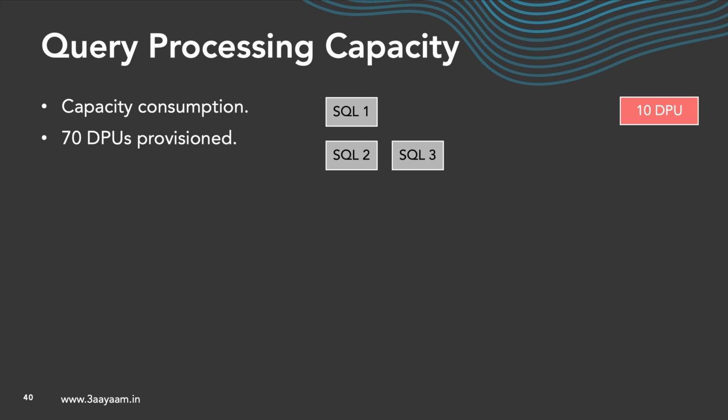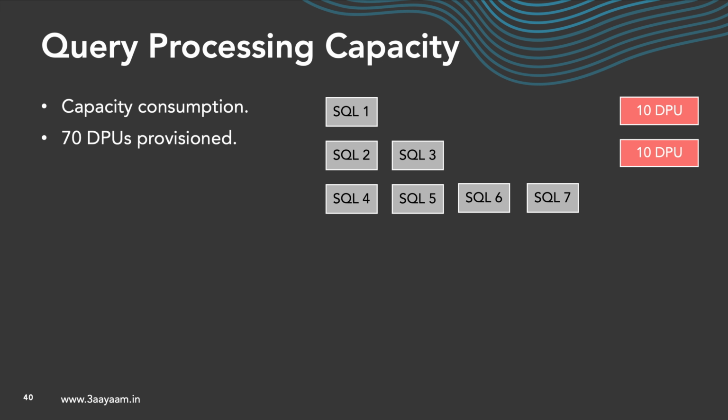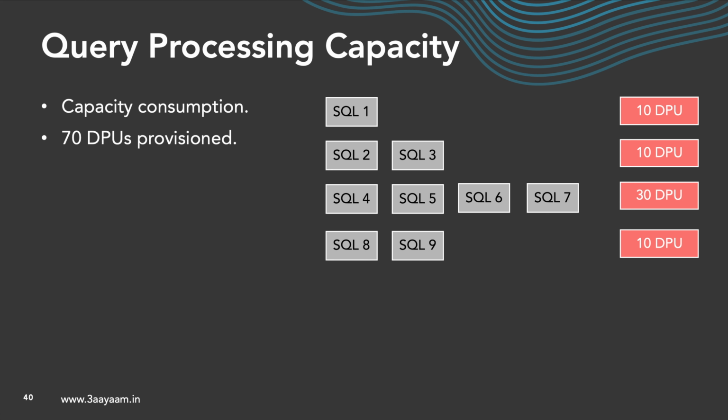Then let's say we run 2 more SQL statements concurrently, and the requirement is that these 2 SQL statements take 10 DPUs total. So let's say SQL2 takes 6 DPUs and SQL3 takes 4 DPUs. And then we submit a few more SQL statements, let's say 4, 5, 6, and 7, and all of them take, let's say, 30 DPUs. SQL4 and SQL5 take 10 DPUs each, and 6 and 7 take 5 DPUs each. Then we are left with 20 DPUs, and let's say SQL8 and 9 take 10 DPUs, and